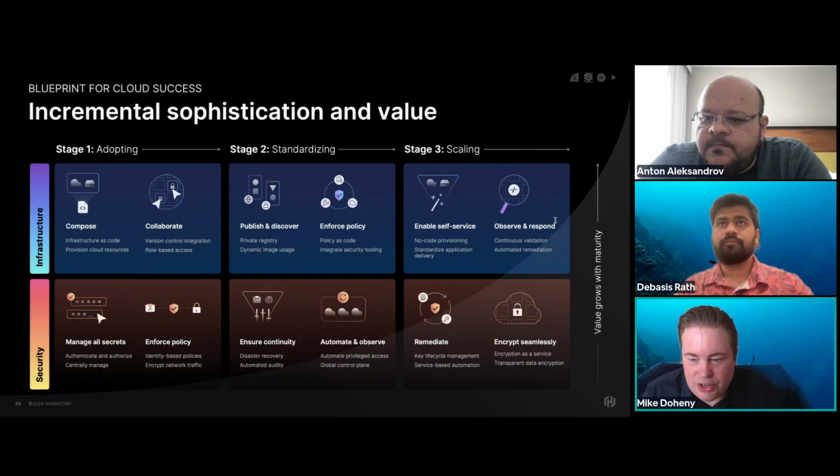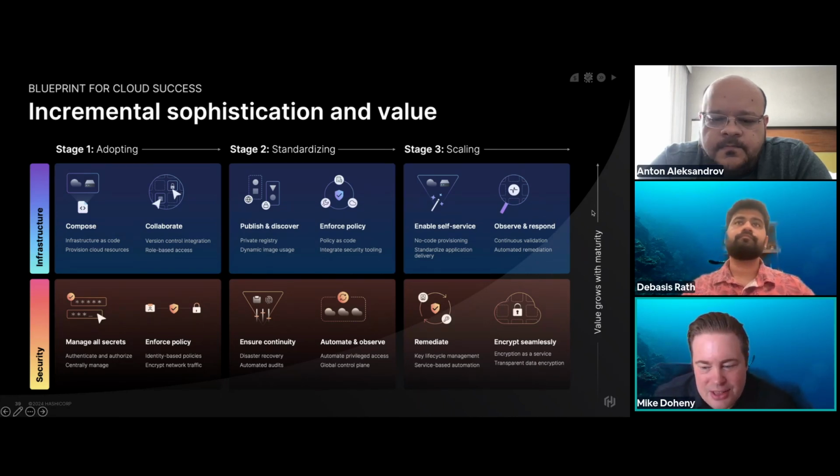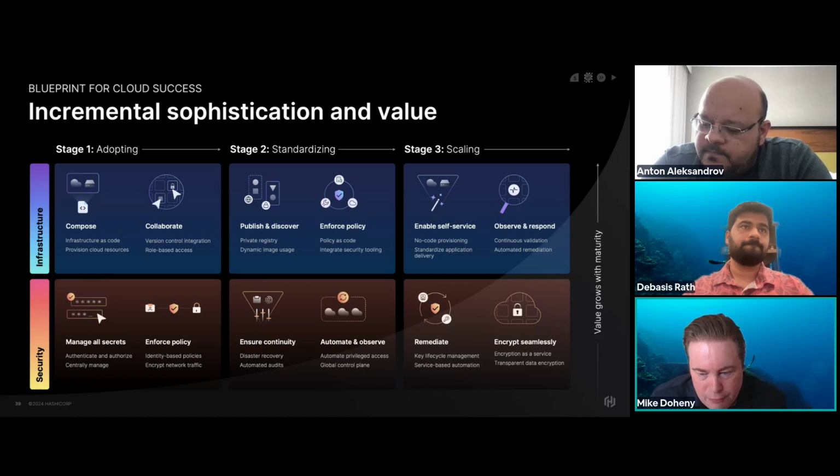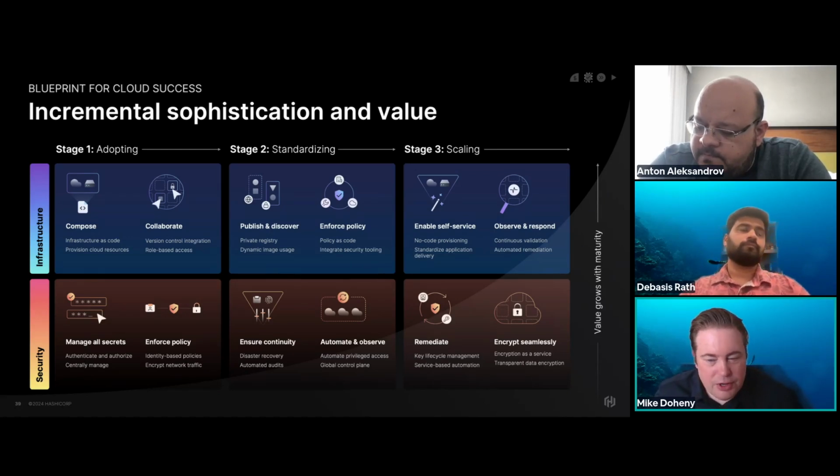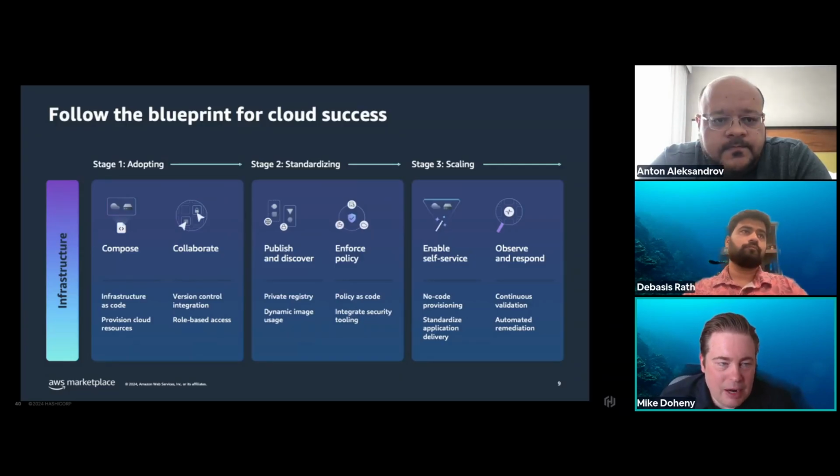So I just wanted to show you the high level here, but on the next slide, I'll drill into the infrastructure piece, because I think that's what everyone's looking for. Like, what's the blueprint for success for infrastructure lifecycle management? So if you go to the next slide, more specifically in that first phase, the adopting phase,